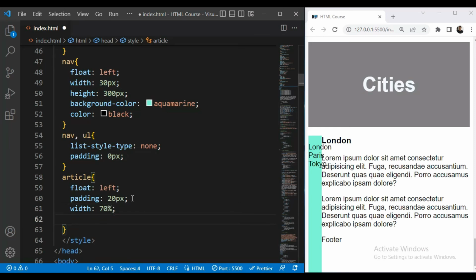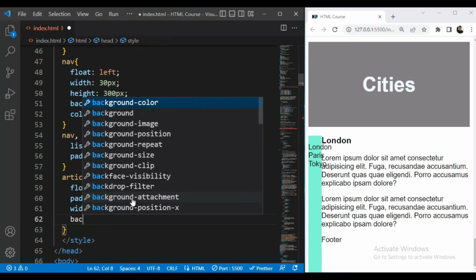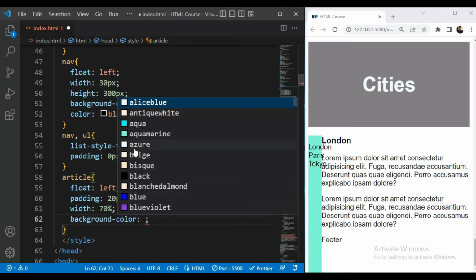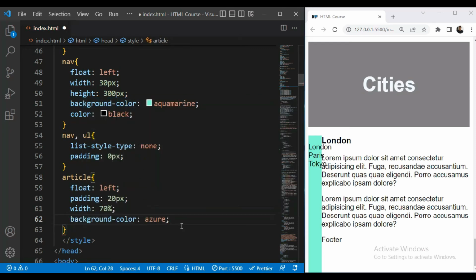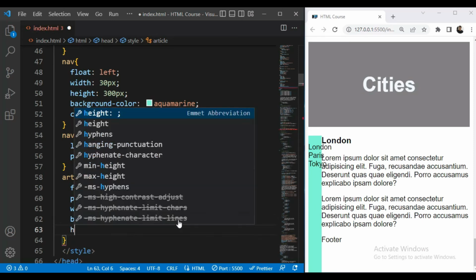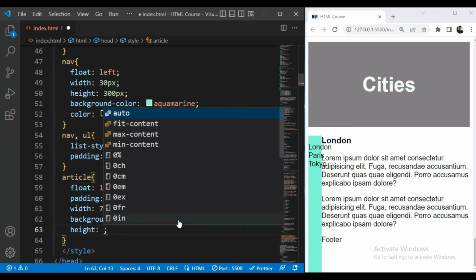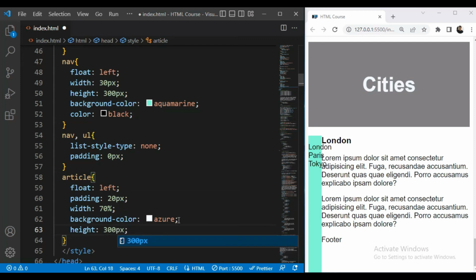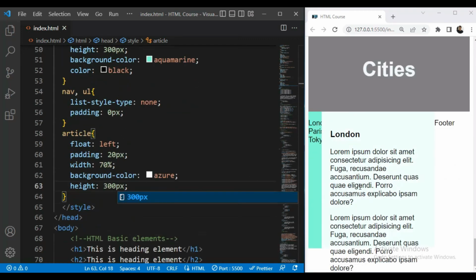Then background color, so we'll give background color of azure. Okay, so we are just giving some random colors. Then height will be 300 pixel. So let us save this. So now you can see we have some color.